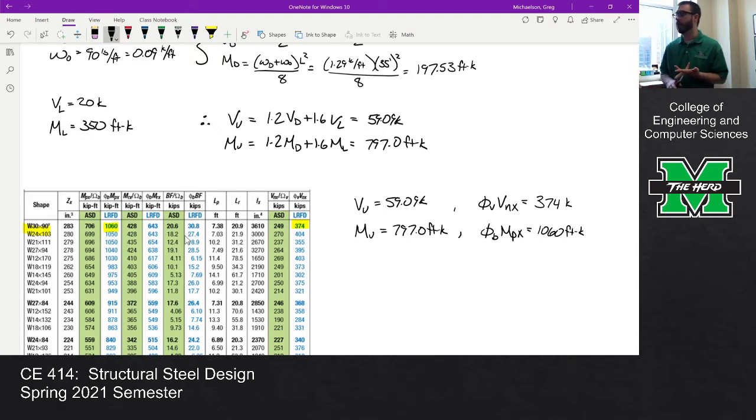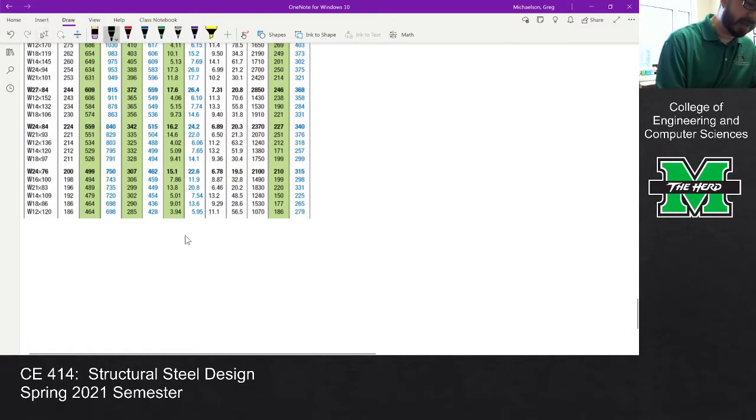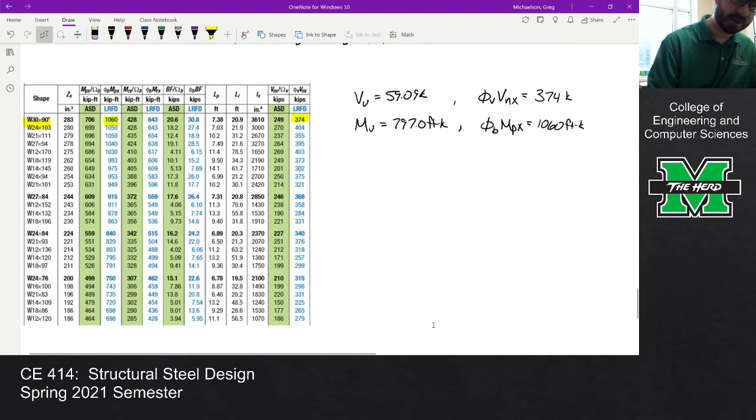We meet moment requirements. Again, we probably don't need to do the math for the deflection requirements since there's not really any iteration. But just because this is your first time doing this, and just to make sure that you're comfortable with the selection, we might as well do the deflection calculation just to make sure. Now, if you remember, for deflections,